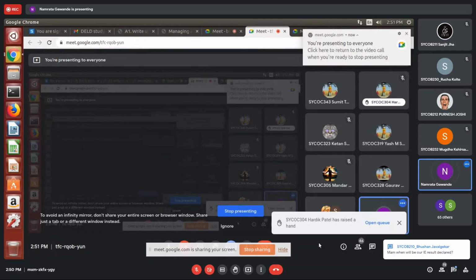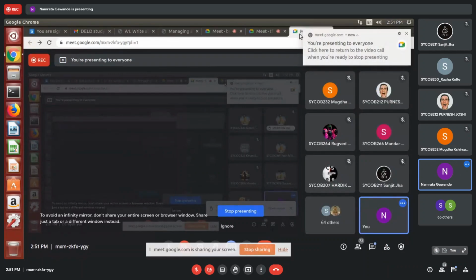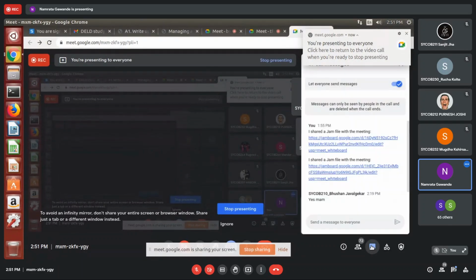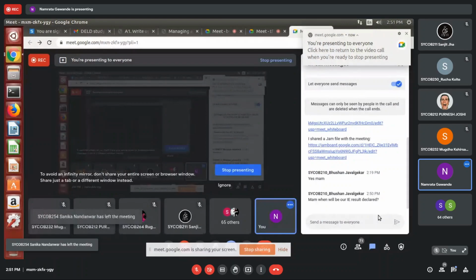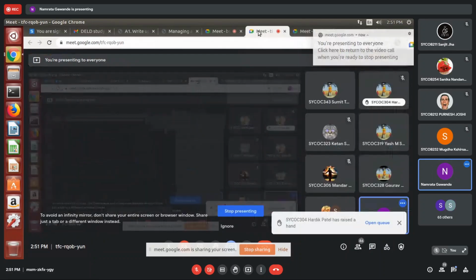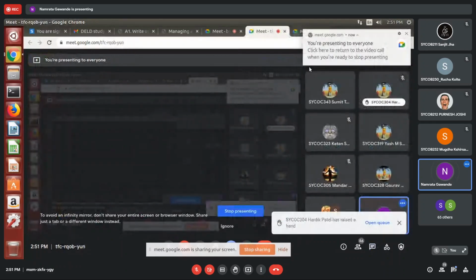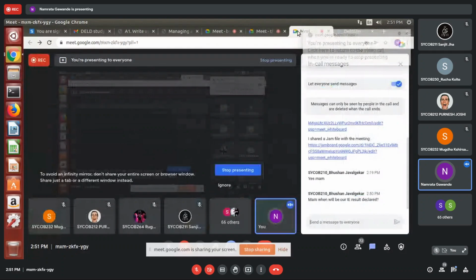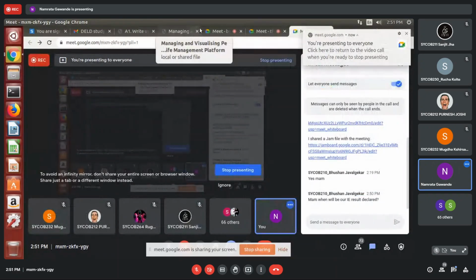Hardik Patel. Is there any doubt? Result, okay, you will come to know. Result is actually there, but you will get the official result on your mail ID.